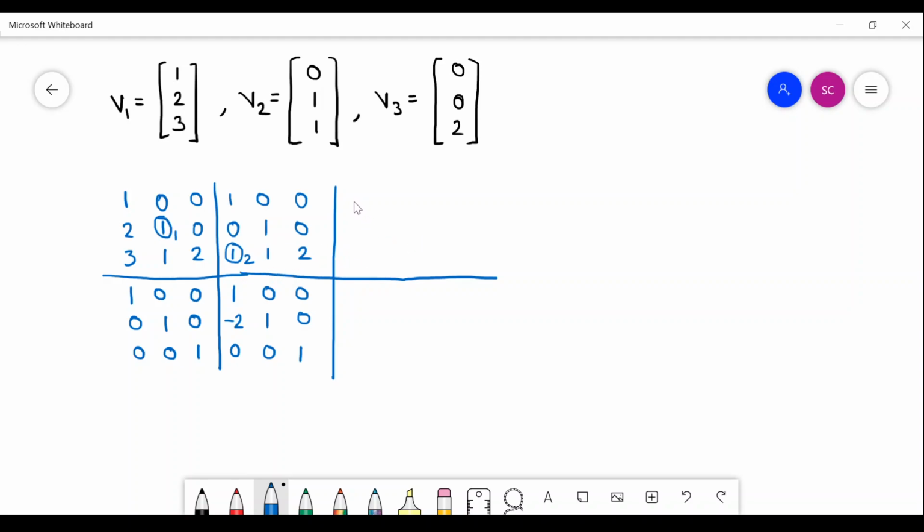I want to make all the last row elements 0. This remains the same. What I have done, sorry, there would be a minus 1. I have subtracted the first column from the second column. Minus 1 would come. Minus 1 plus 1 is 3, 0. Then this one is 0.